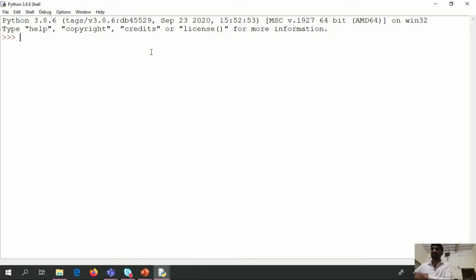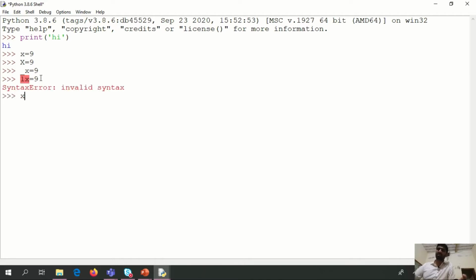Every command in Python is a statement. Identifiers are the variables, functions, and modules which we use in our program, and there are some rules to make variables. You can start with a lowercase letter or an uppercase letter to assign a variable, and you can start with an underscore. You cannot start any variable with a number. It will give you a syntax error.